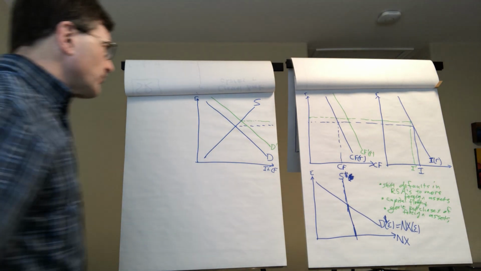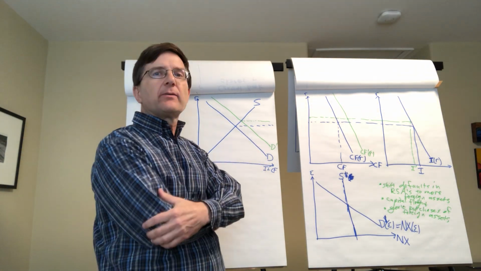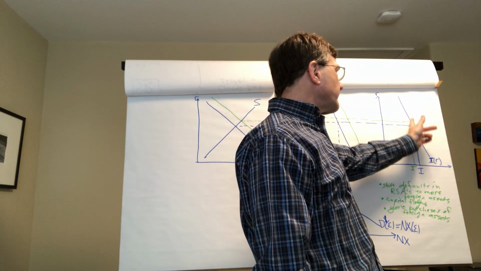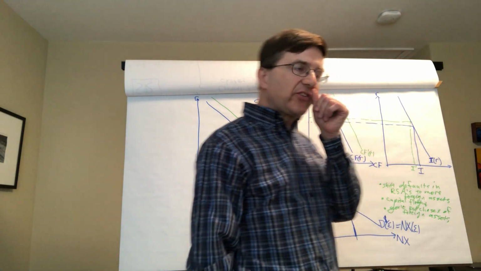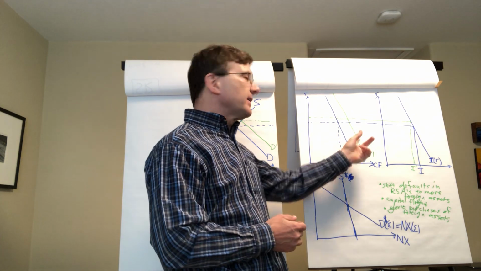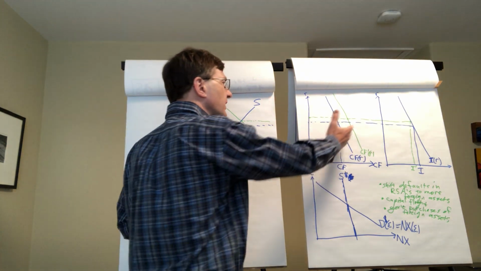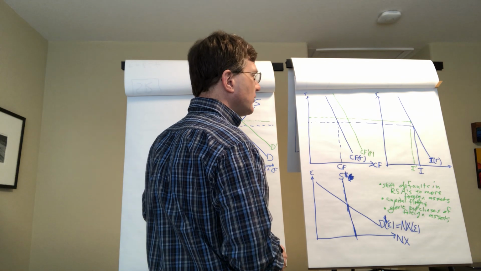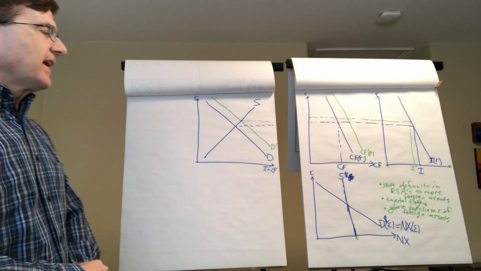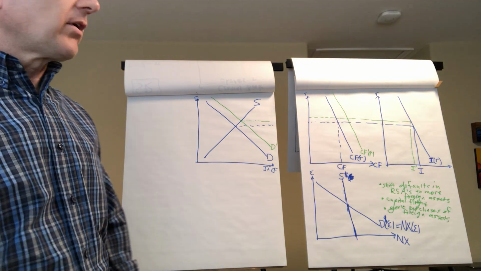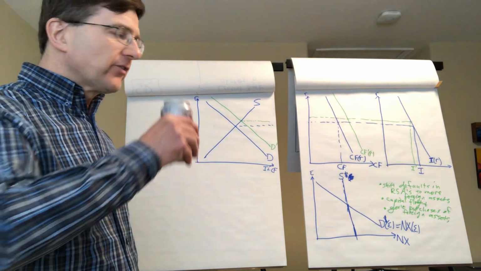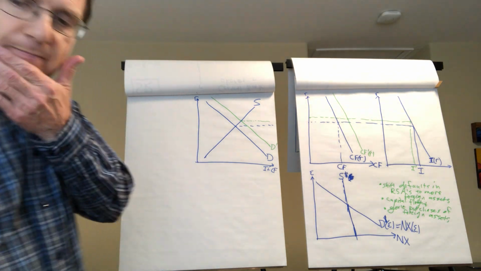Now, why did the real interest rate go up? It's because there's now a greater demand for loanable funds, because you have the same demand for loanable funds for the sake of investment in the United States, but you have a greater demand for loanable funds for the sake of investment elsewhere in the world, because of course these capital flows eventually should go to something like making factories in the rest of the world. They might, or of course they might be used for foreign government purchases or consumption. Okay,